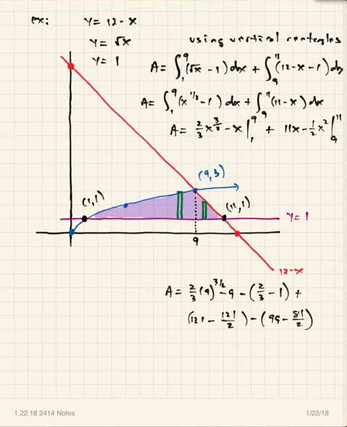So that would be the arithmetic for doing this with vertical rectangles, and then area equals, dot, dot, dot right there. Now, with horizontal rectangles, you could actually do this problem